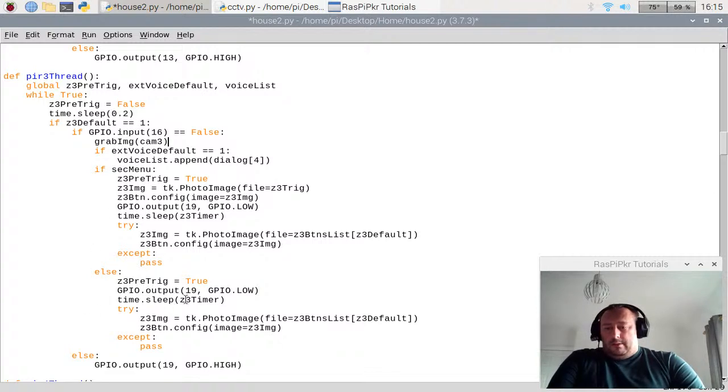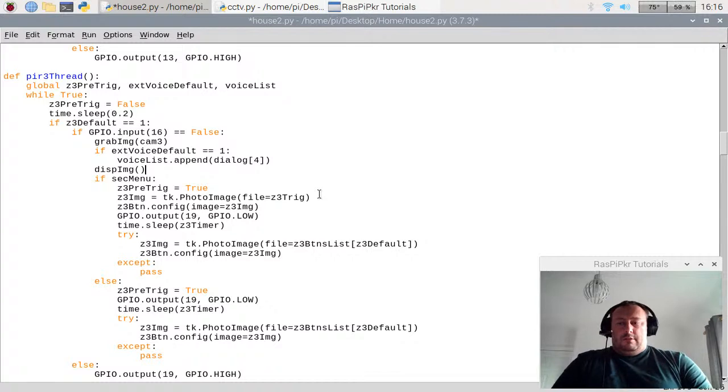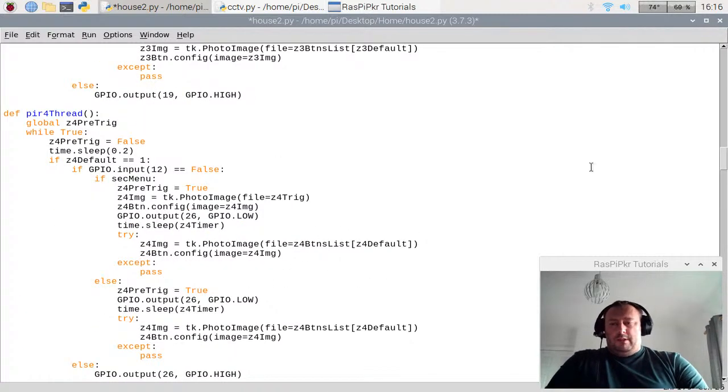If it's not, then it's going to do that, and basically when it's done that, I want to display the picture, so we'll put it in after this first if. So we're going to create a function, so we'll call this disp image. It's going to grab that CCTV image. I don't think we need to pass anything, to be fair, so let's just create the function, or call the function, and we will go to the bottom,